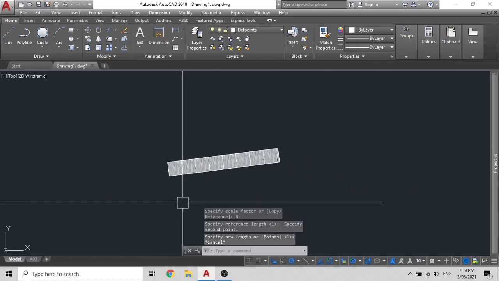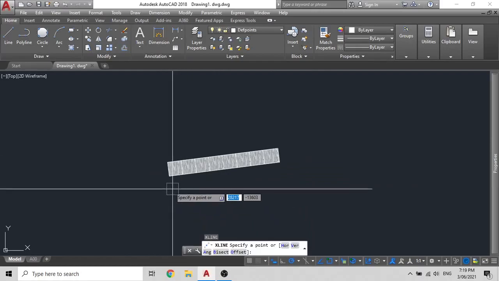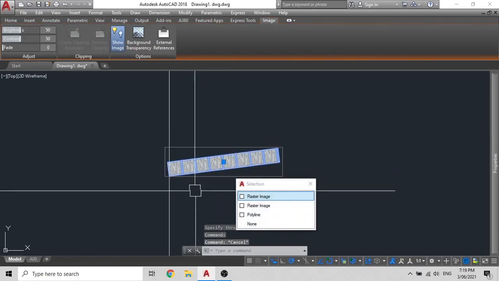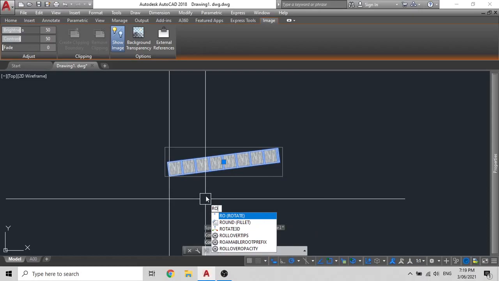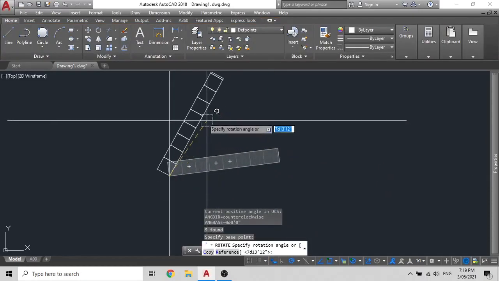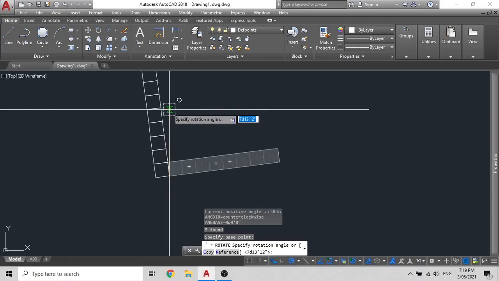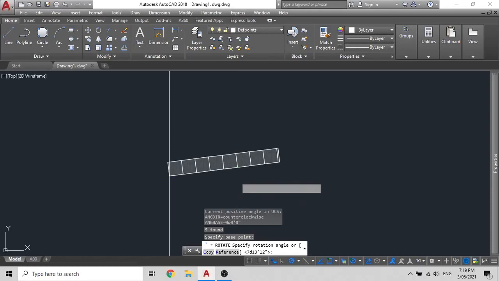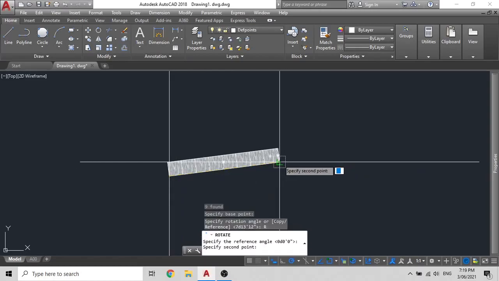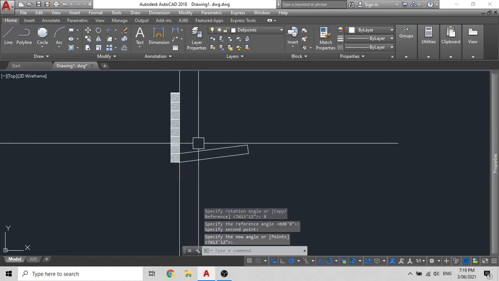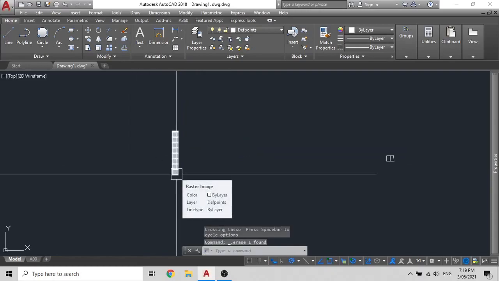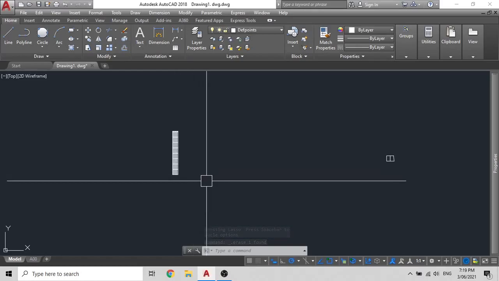Now, as I had already shown rotate, but I'll just show it again. So if you wish to make this column straight, what you can do is create your construction line simply by typing XL, then enter, then type RO for rotate, press enter, then select your bottom point. Now, as you can see, if you try to make it straight, it will not become straight. So just put in another command while rotate is on, press enter, press R for rotate reference, then select your bottom and your top point and just put it there like so. That is how you use referencing, and you also scale with reference.